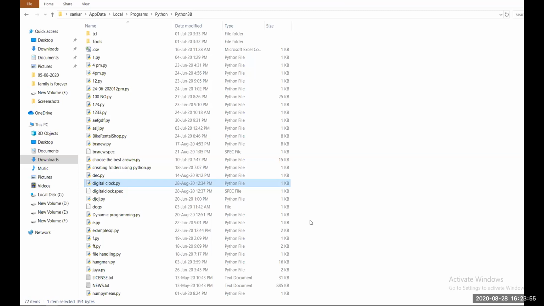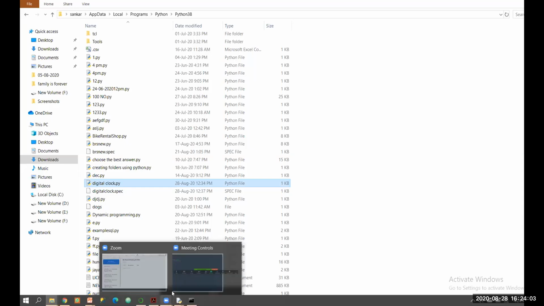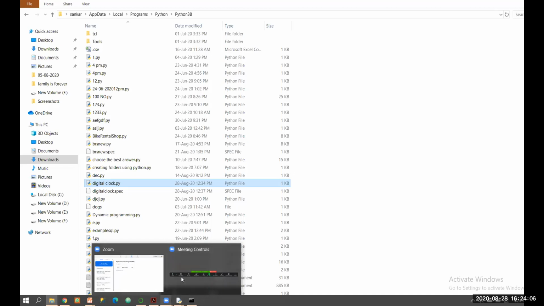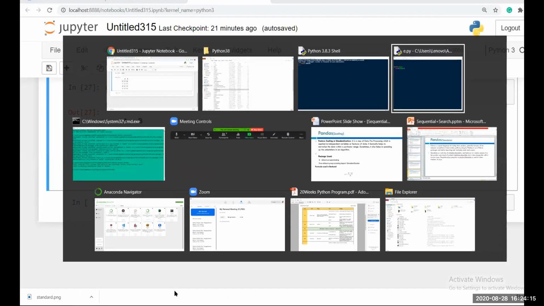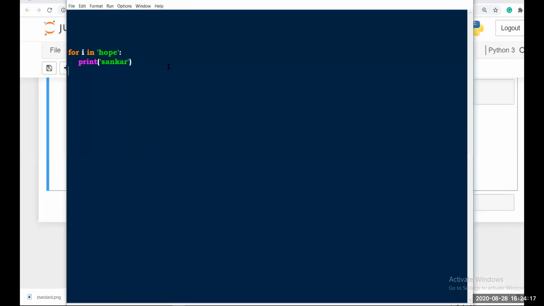Now I'll show how to create a digital clock. I'm going to my IDLE. First we need to import one library, and we have two methods, so we have to import both.